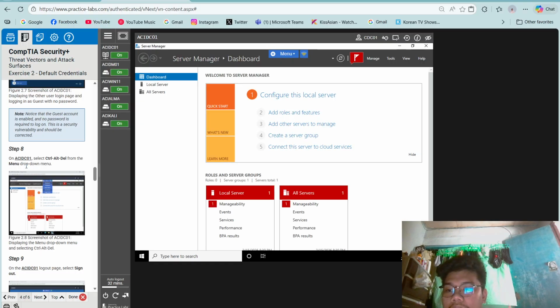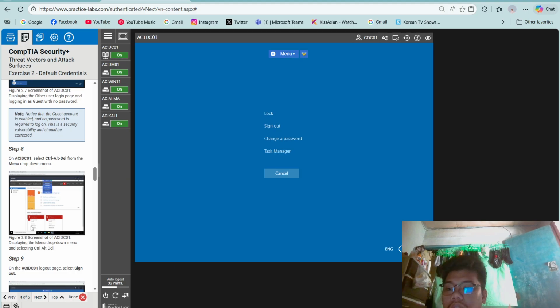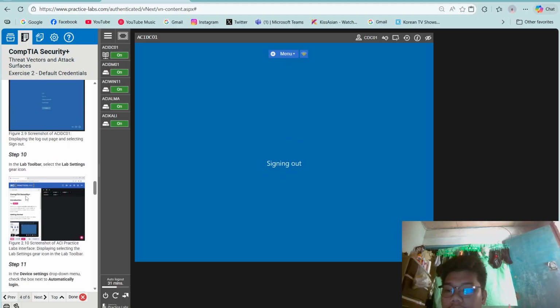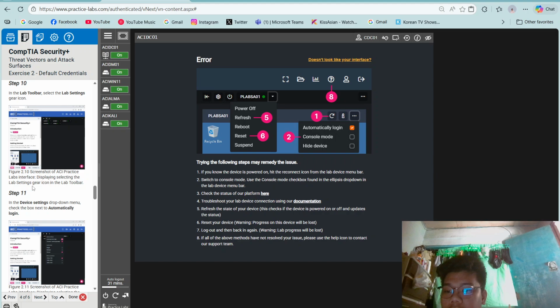On the ACIDC01, select Control Alt Delete from the drop down menu. Then step 9, log out and sign out. Then on the lab toolbar, select the lab settings gear icon.